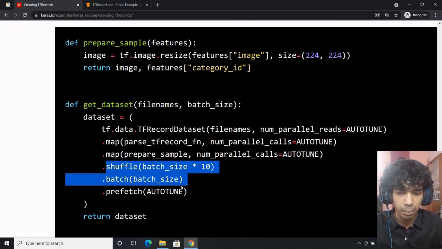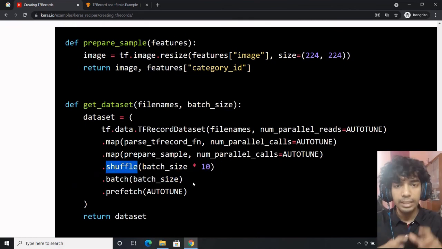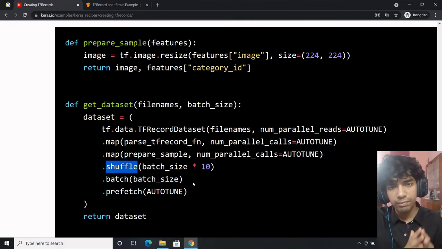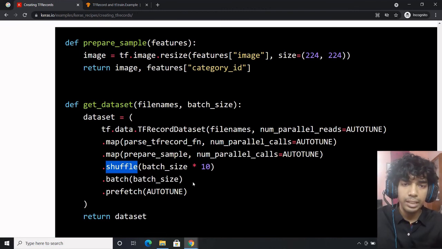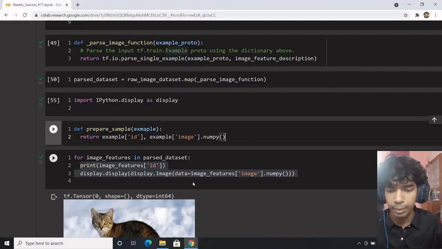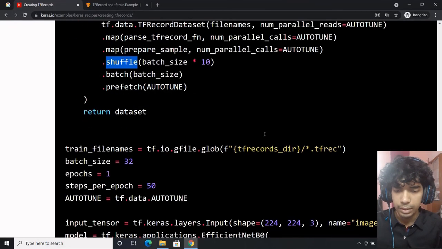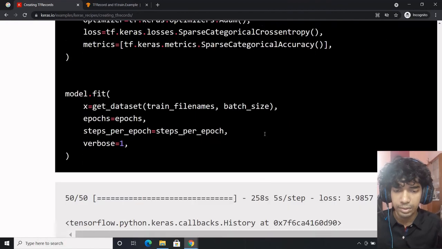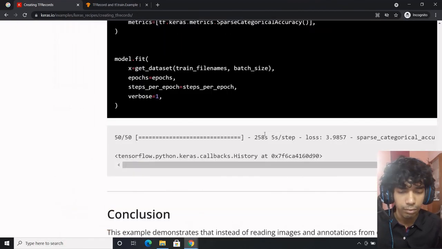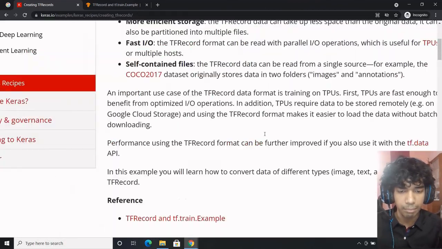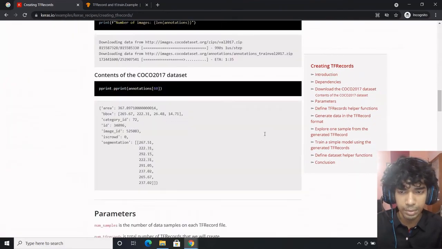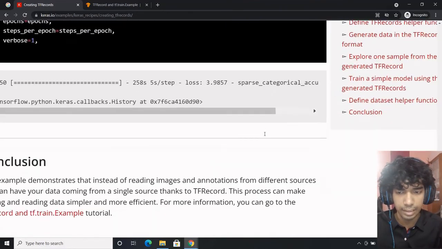Now you shuffle and batch. While reading the TF records, data cannot be shuffled. It can only be shuffled once you have done the reading of the TF records data, and while reading you can shuffle, you can prepare batches, and you can do autotune. These things are quite simple, and once you do, you'll be able to do model training. We'll do one model training if time permits or in the near future. I hope this was quite helpful and understandable.